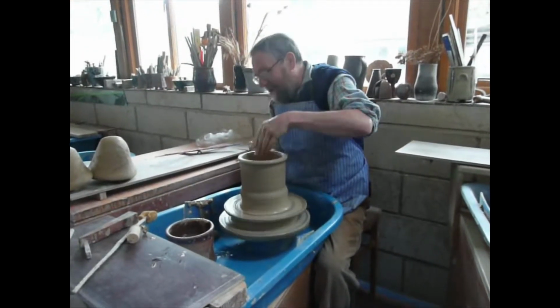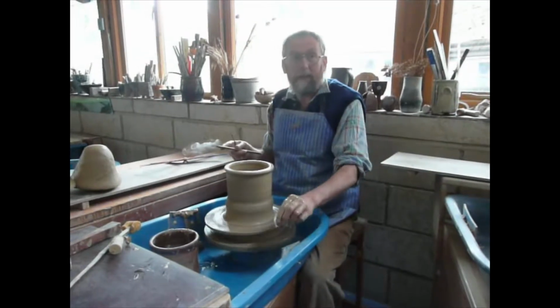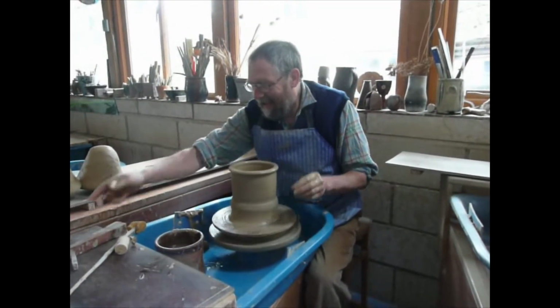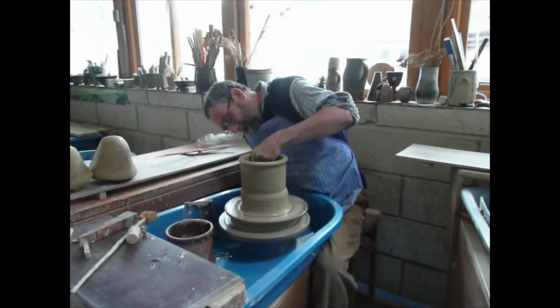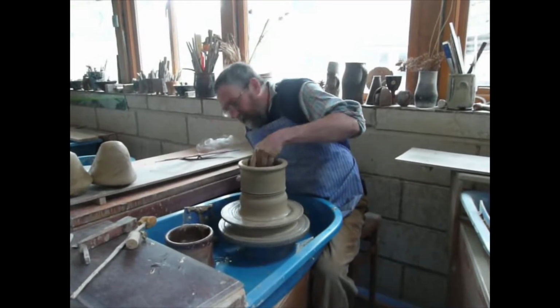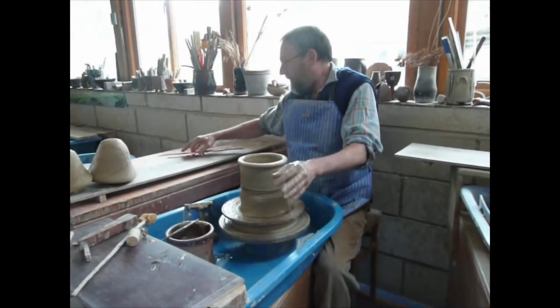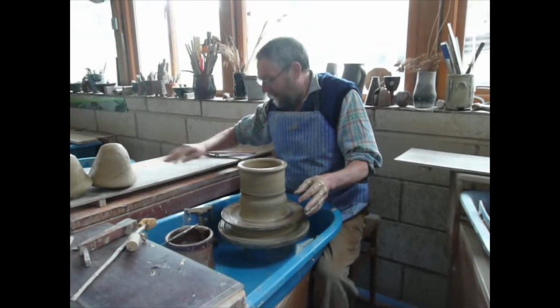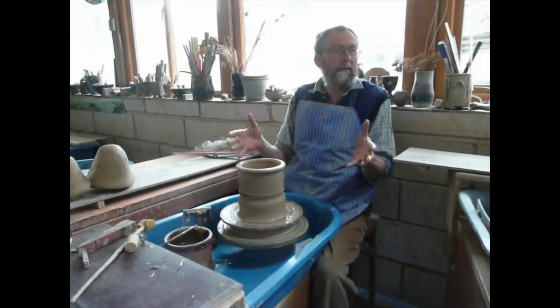Partly, the first thing I got for that kiln were the shelves, because those shelves are incredibly expensive, and I sort of got a good deal on them. And so the kiln kind of built around the shelves. I could have actually had bigger shelves or made the kiln smaller, but